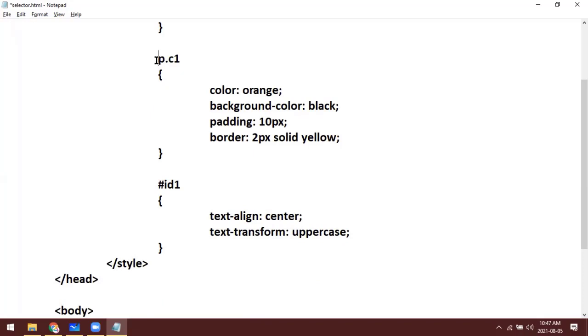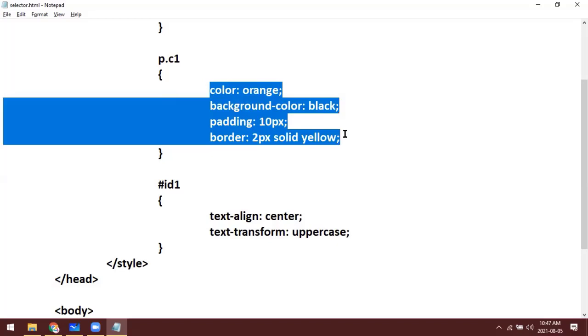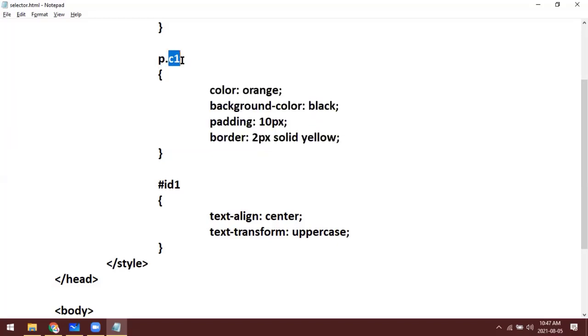Paragraph tag with the class name C1. Now this style will be applied only to paragraphs.